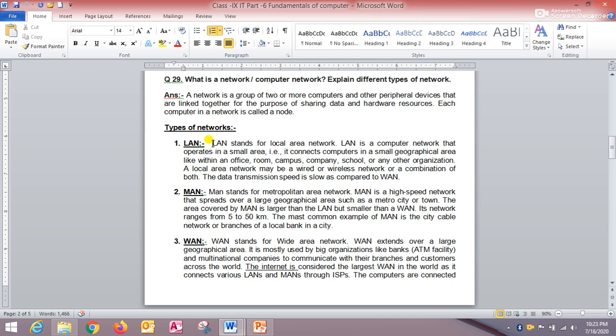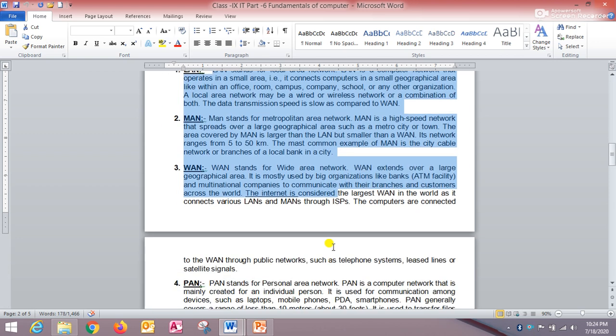Suppose I am clicking here before the len. Hold down the shift key and click at the end of the required text. Consecutive text means one after the other up to where you want to select the text. I have clicked here. So in that way we can select the consecutive text. I can click here also, here, here. So in that way you can select the consecutive text.